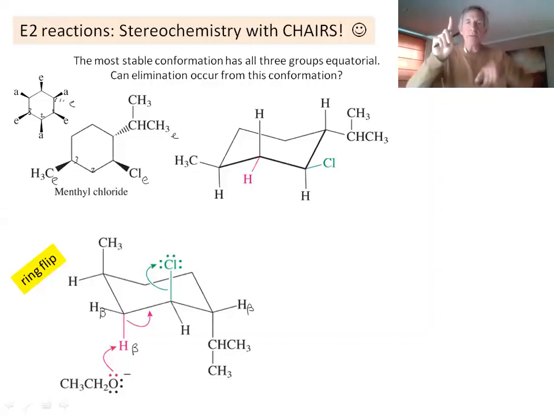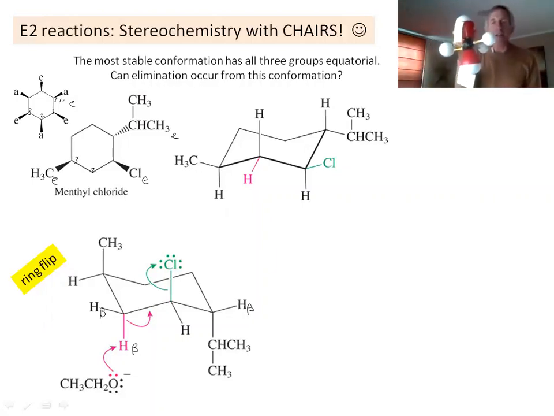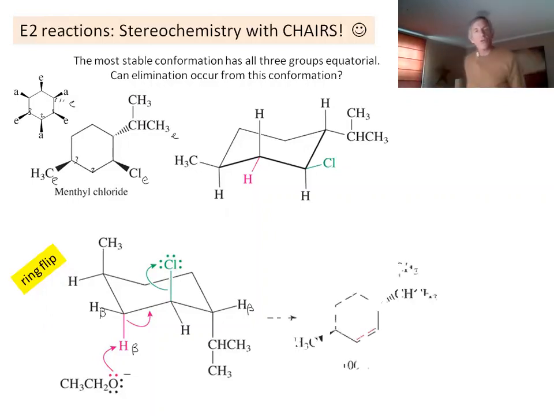They have to be trans, diaxial, paraplanar. Very strong limitations here. But then, remember, the whole reason for that is so that I can get my p orbitals parallel to one another to make a double bond. So they will do this to create 100% of this product,